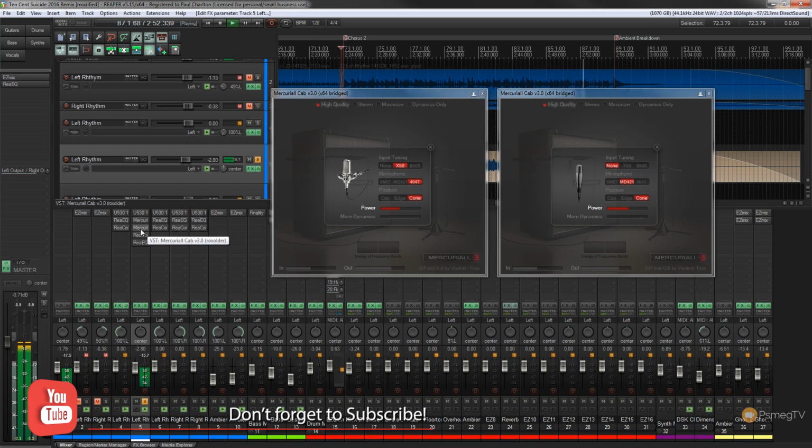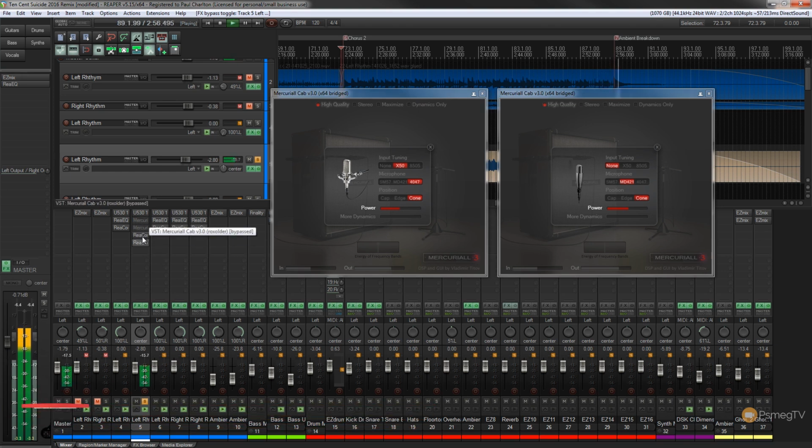We can disable any of these, we can do that, bypass them. Bypass both. And now there's no cab